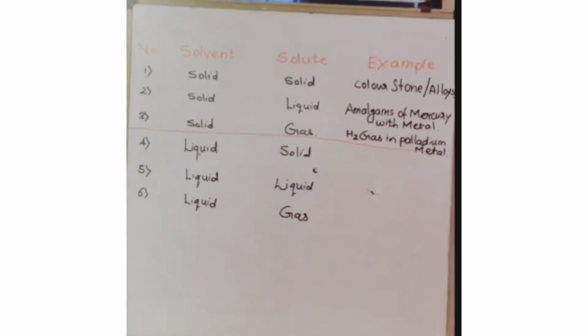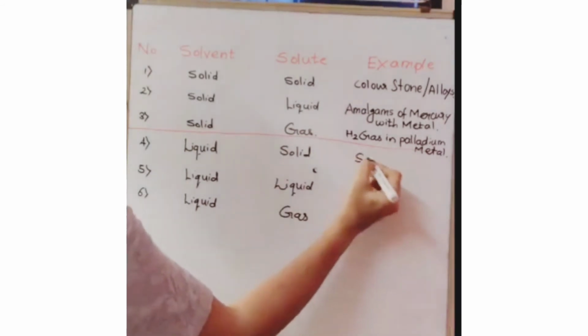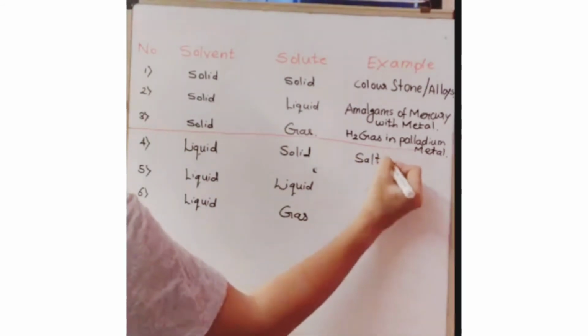So my solute is solid, and as an example, let's take iodine in CCl4, benzoic acid in C6H6, or sugar in water. So the basic example which we have been seeing from day one for this particular chapter, solution and qualitative properties, is salt in water, sugar in water. So here the solute as a solid I am taking as sugar, and the solvent as a liquid I am taking water. So when we consider salt water or any sugar water, they come under this fourth example, that is sugar in water or salt water. I will just write it down, salt water.